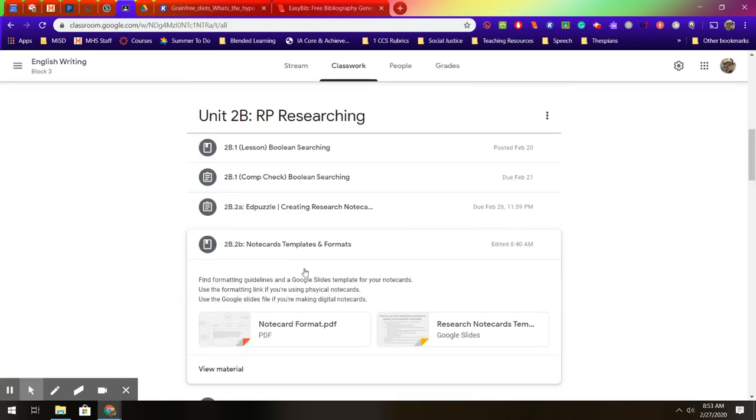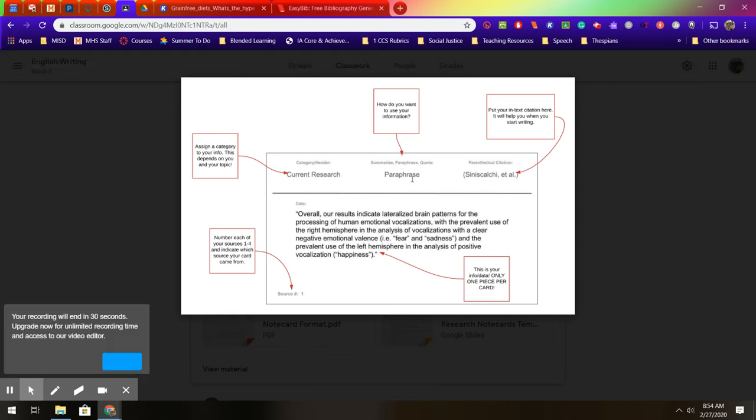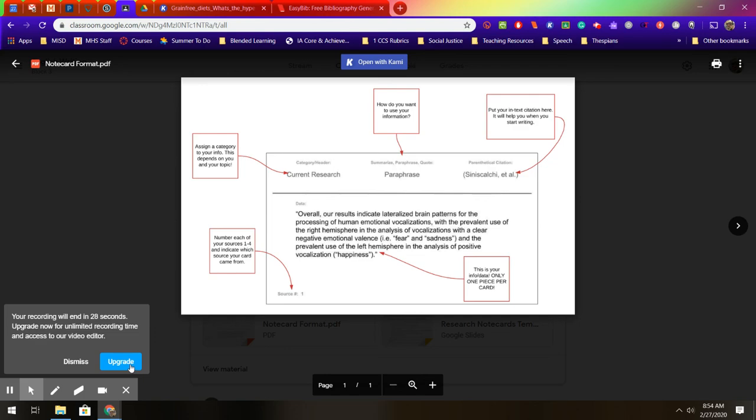Now, I've created additionally a physical note card. All right, so this is just for you to reference if you're using physical note cards. You can pull this up. You can create your own physical template with this written on there so that you can reference that as you take your notes. If you have any questions,